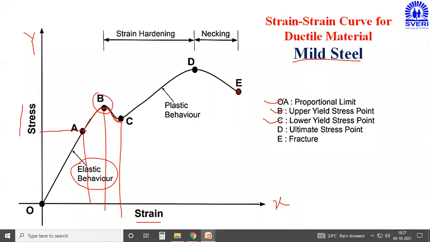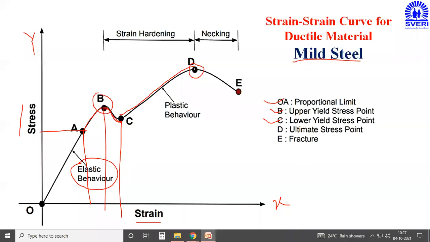So this is the meaning of point C. At point B, there is an increase in stress and strain, but not directly proportional to each other. In portion BC, there is an increase in strain, but there is a decrease in stress. Okay. Then again, I am increasing some amount of force, and again your stress and strain both increase up to the point D, but once again, they are also not directly proportional to each other.